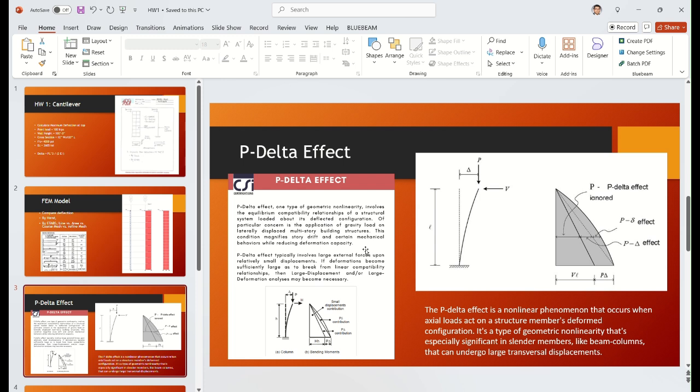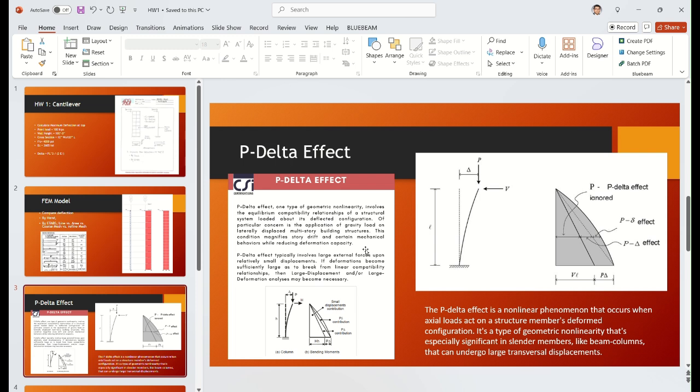Each floor and self-weight is pushing down, so it generates a second order effect, which we call P delta effect. So when the building deflects, we need to consider this second order effect, P delta effect, for all our